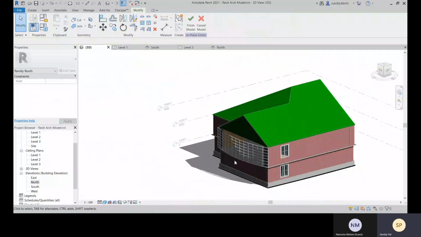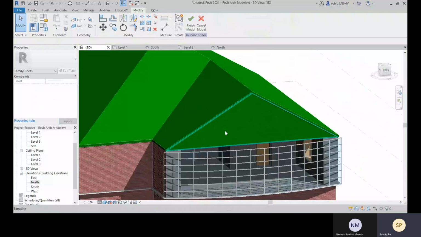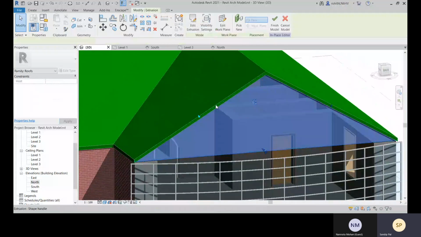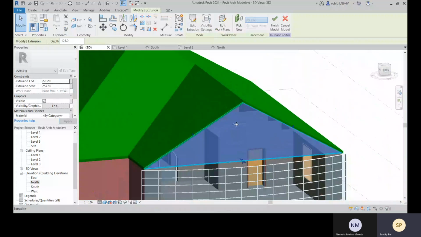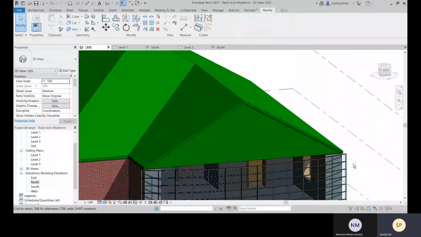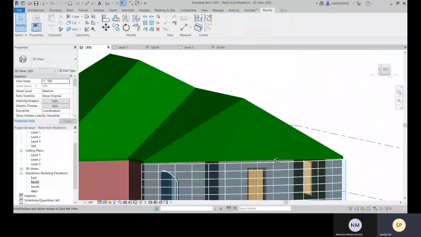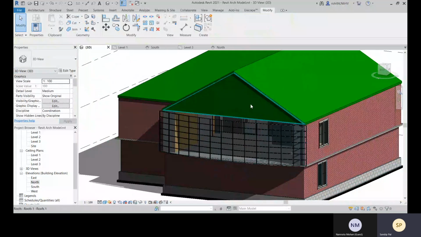Okay, so this is how also you can create this one. Because you have defined it as a roof, you finish this model, and that's what you have created. And after that, if there is anything you need to change, you can change it also.